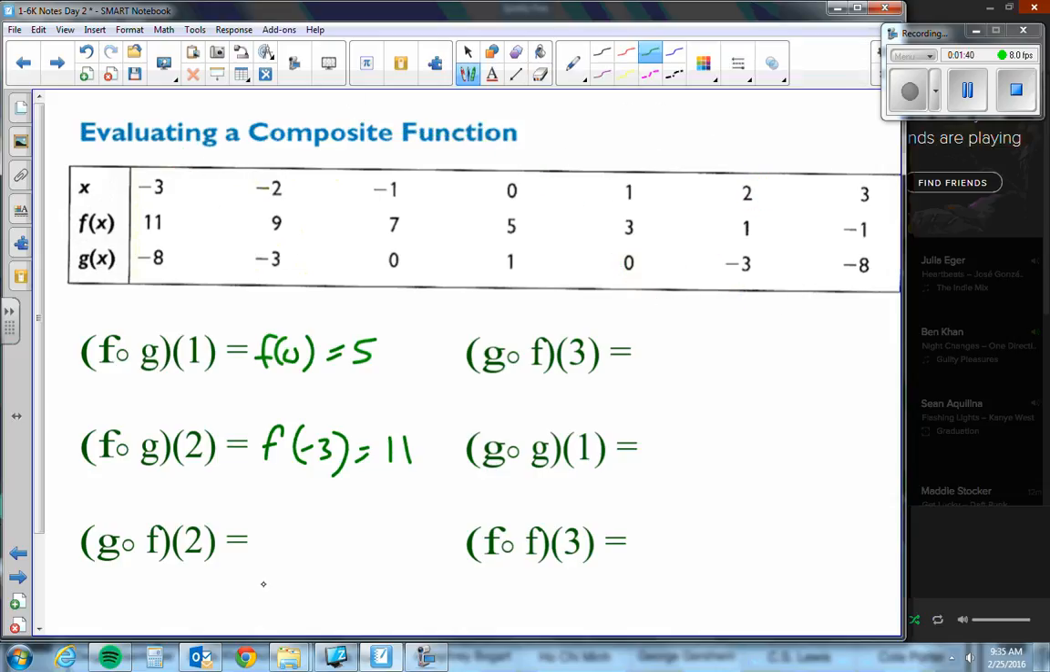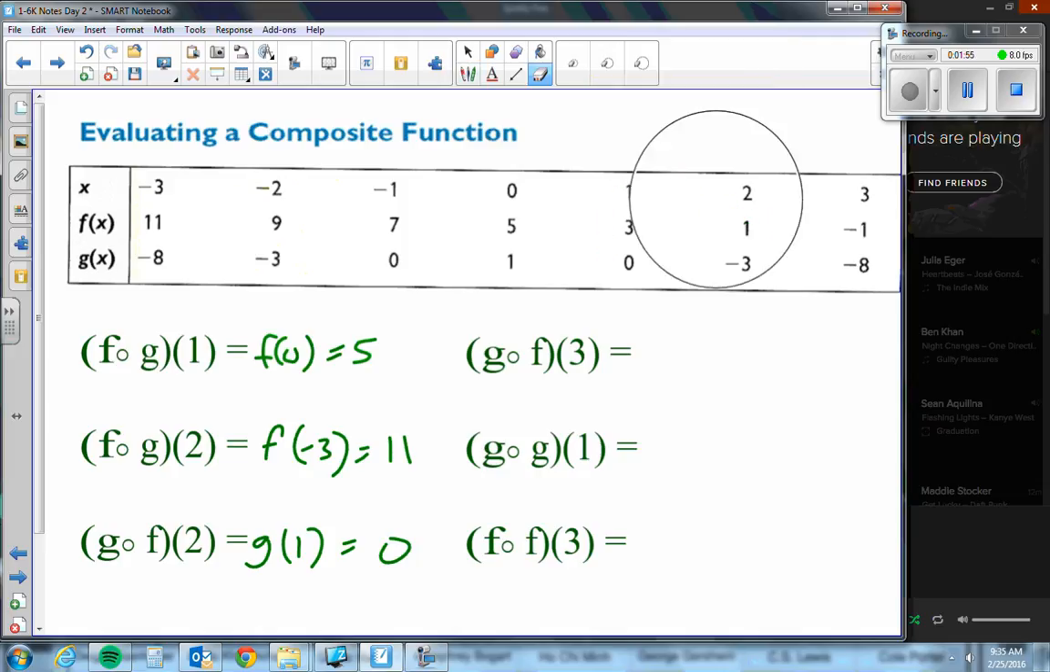Figure out the next one. What is f of 2? And then g of 1. So go into f, and then take that and go into g. Next one, f of 3 is negative 1. Final answer is,